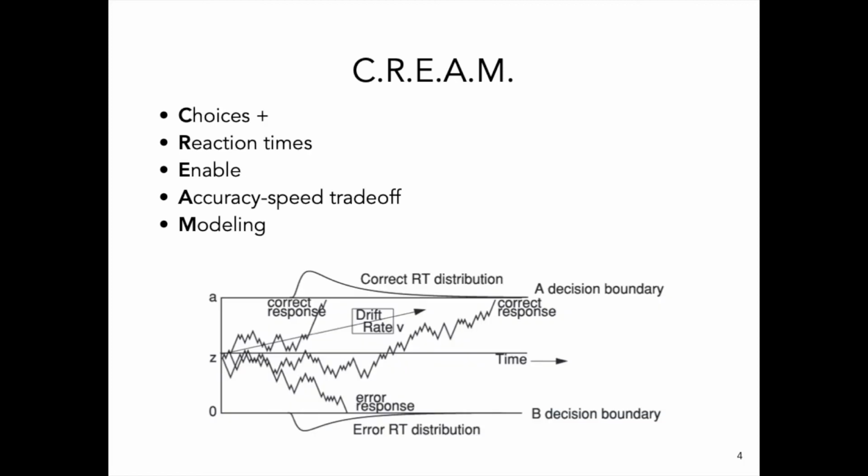I bring this up because we're going to actually be repurposing this acronym to talk about drift diffusion modeling, right? So CREAM can also, in this case, stand for choices and reaction times enable an accurate speed trade-off. And we're going to see how we can use the drift diffusion model to do this, okay? And so the roadmap that we're going to be taking to talk about all of the material in today's workshop,